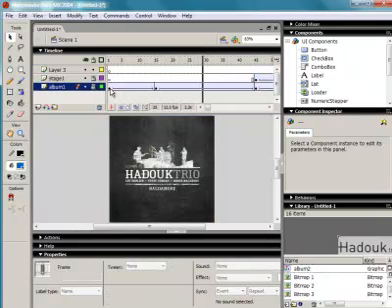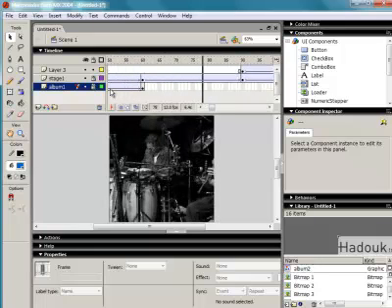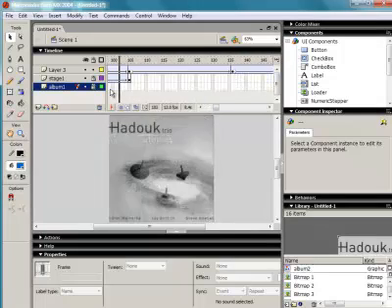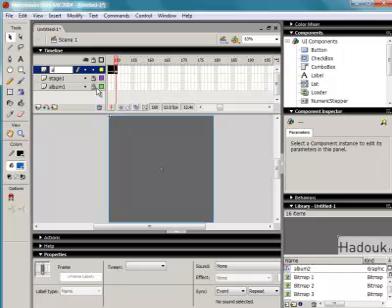Fade in, hold, crossfade, second crossfade, and fade out again. Yep, that's looking fine. That was called album 2. I'm going to lock it,